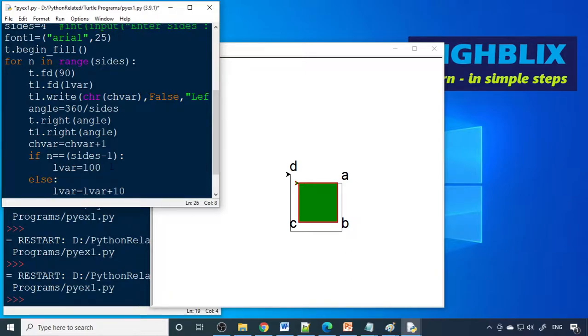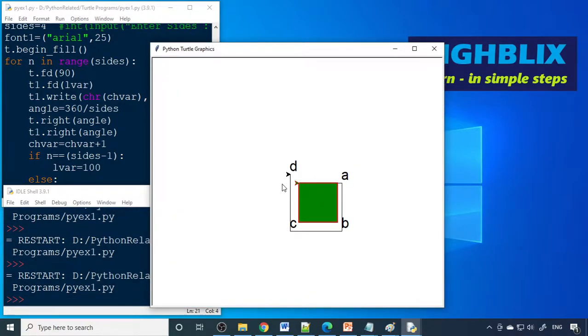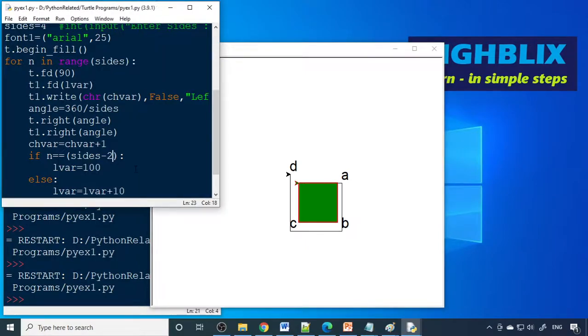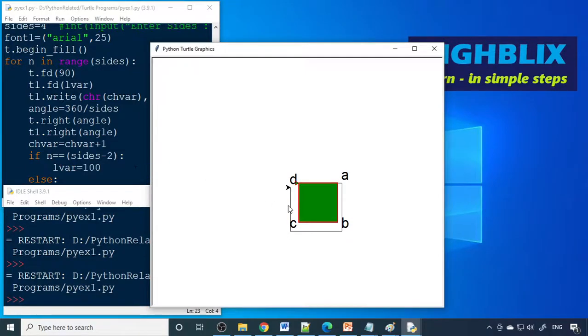So the last one we should bring here only. Therefore we are checking which side it is. Okay, so it's still outside. So let's check for one more, 2. Okay, so now it's almost perfect.